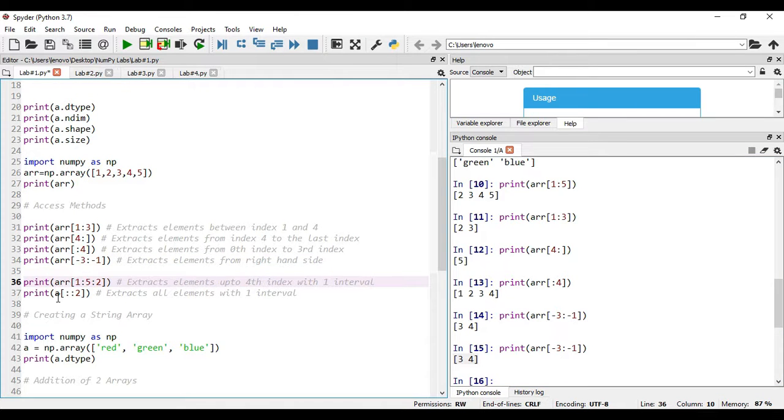Here you can see what I have done. I will use arr, because we are working on an integer based array. So arr of 1:5:2, with an interval of 2. The array elements should be extracted from index 1, up to before the fifth index, and the interval should be 2.